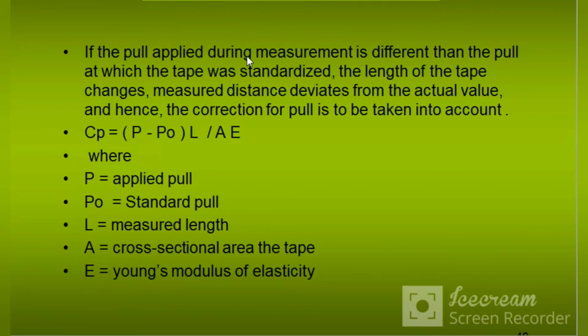If the pull applied during the measurement is different from the pull at which the tape was standardized, the length of the tape changes, measured distance deviates from the actual value, and hence the correction for pull is to be taken into account. Its equation is